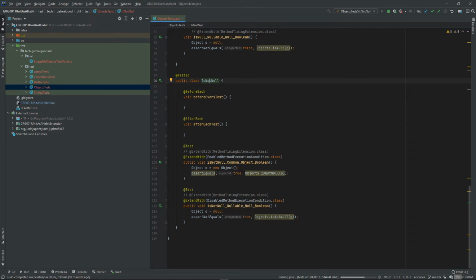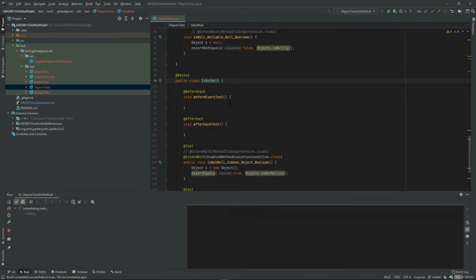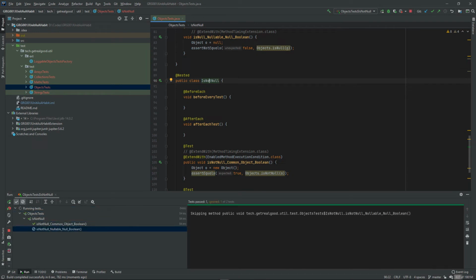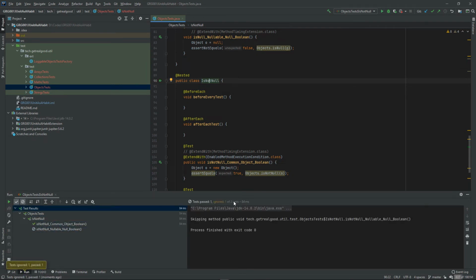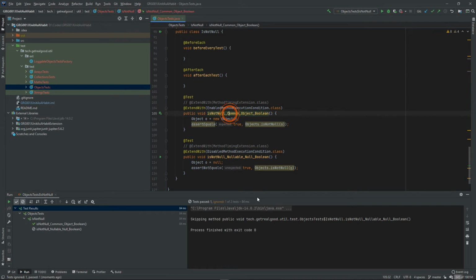Let's run with the @Nested inner class. And we see here that one of the tests passes and one of the tests is ignored. And for the one which is ignored, we get a message that it is skipping the method because it is annotated with